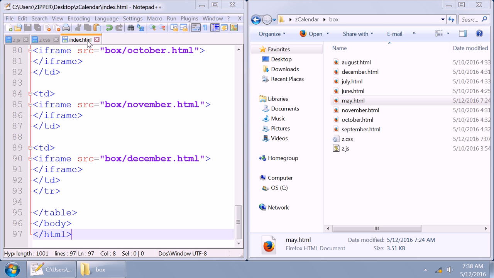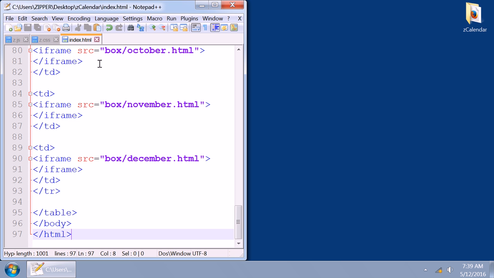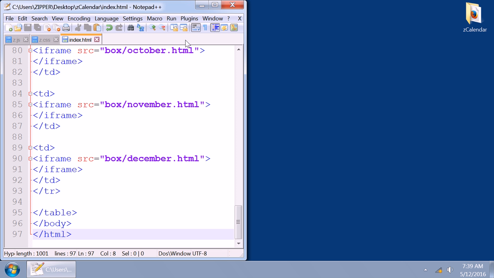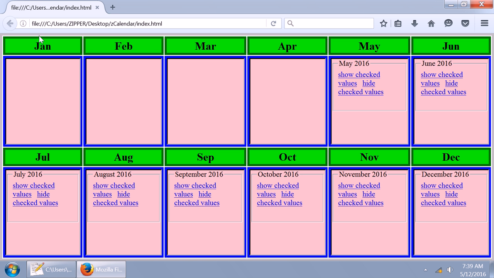Let's go over the CSS now, because I've gone over the index page from top to bottom. I've gone over the May page top to bottom. Let's go over the CSS. So let me run in Firefox the index. So again, you see the colors and the sizes and whatnot. I'm going to minimize this because it doesn't really matter that it's all squished up, just for the example of